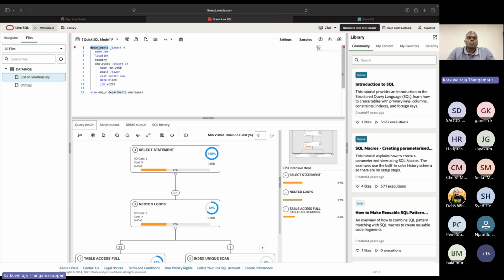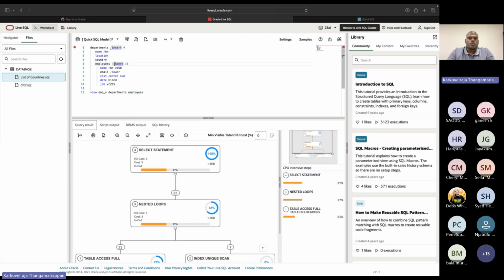I'm going to create a table called department, and I am instructing my SQL tool to insert 4 rows by default, and the department table should have 3 columns. The first column would be name, it should be not null, and location and country. These 3 fields should be associated to the table called departments with the 4 rows. And the second, I'm instructing my SQL tool to create a script for a table called